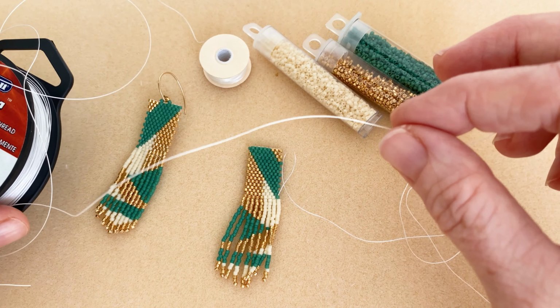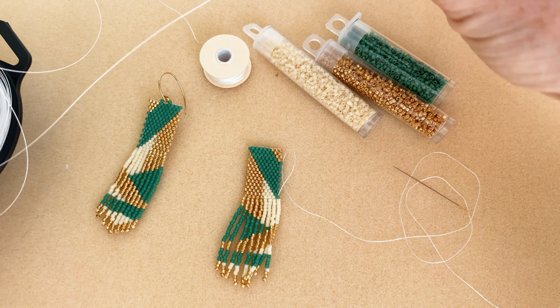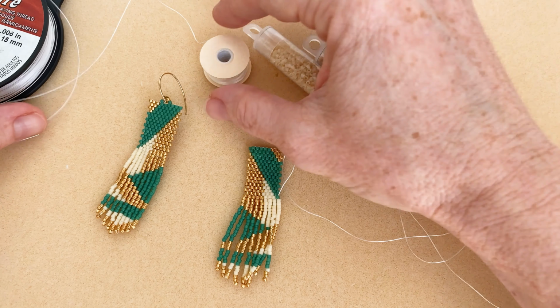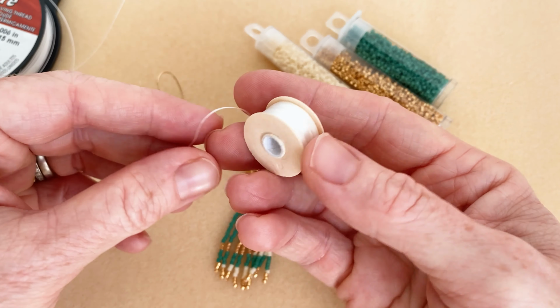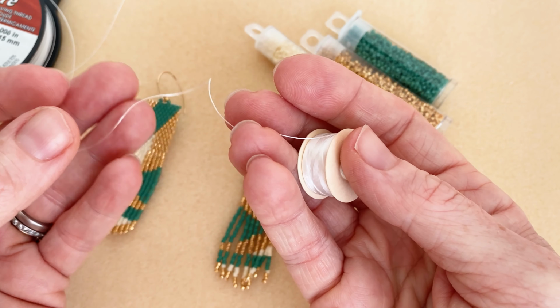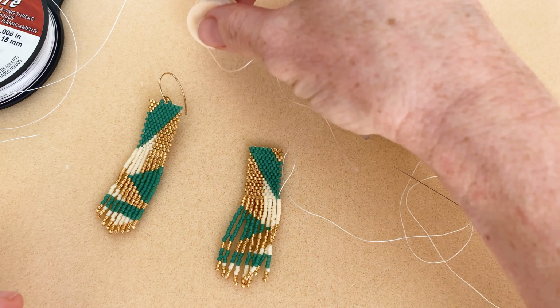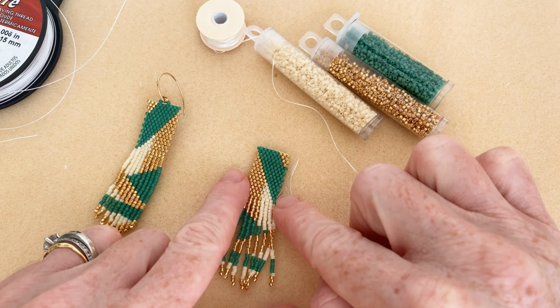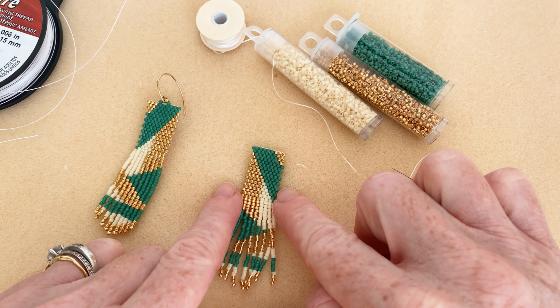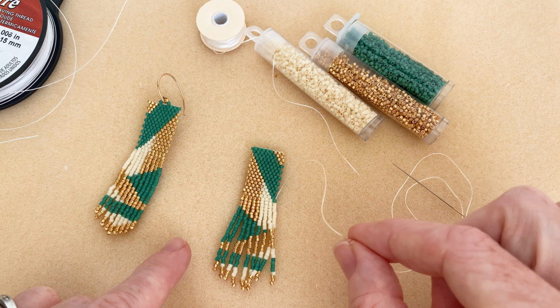But I didn't want to use this for the fringe because it would have been too stiff. My fringe would not have swayed and moved. So I switched to a Nymo. Now look at the Nymo by comparison. You see that this is really soft. It's very flexible. It's quite lightweight. So I completed the topper as one complete section. I tied it off using the heavier thread, the Wildfire, and then I switched to a Nymo when I went